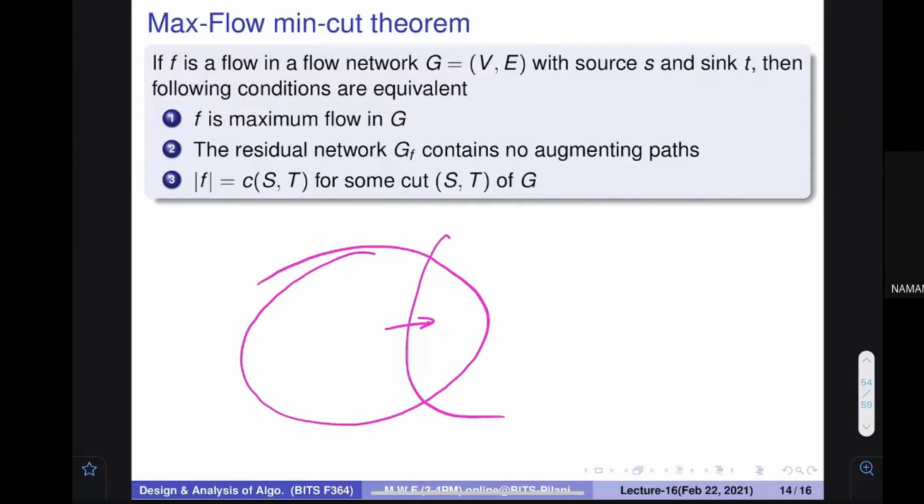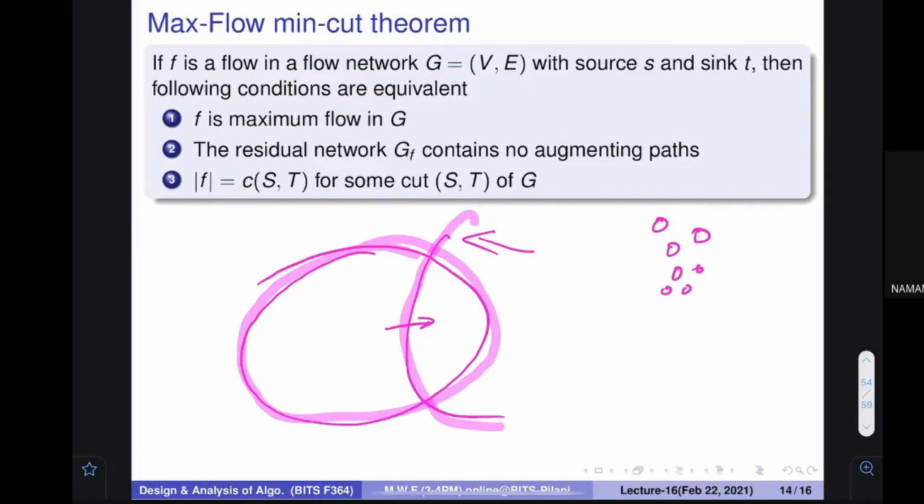Try to understand this. A very important point right now: you have a flow network. You find some cut, because you know that different cuts are going to have different capacities. You find some cut and it has a capacity, some capacity value is this, some capacity value is this, and you can arrange them, and your flow is going to be the minimum of those values. So ultimately your flow needs to be the minimum of all the values that you can find over here.